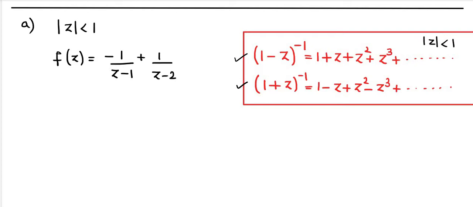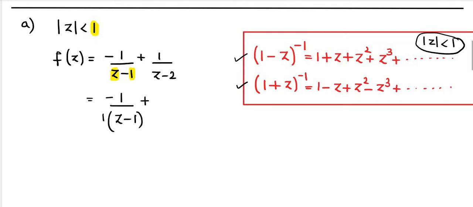Okay. So here we are going to take common factors in this function in such a way that we get this inequality as true. Now if you compare mod z and 1, mod z is less than 1, that means here 1 is the bigger value. So whichever is the bigger term, you have to take that as a common factor. So from the first term, comparing z and 1, comparing these two, 1 is bigger. So let us take 1 as the common factor. So 1 into z minus 1.